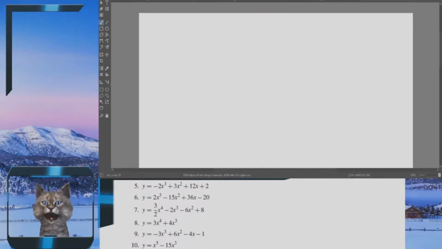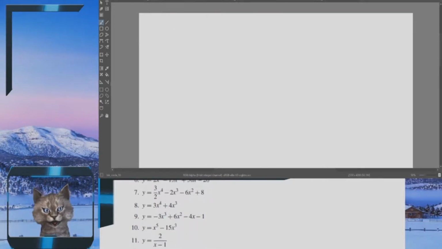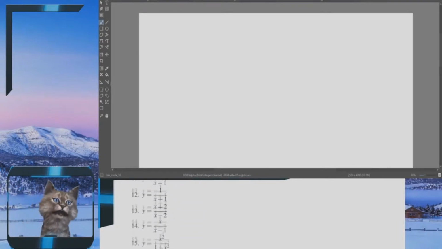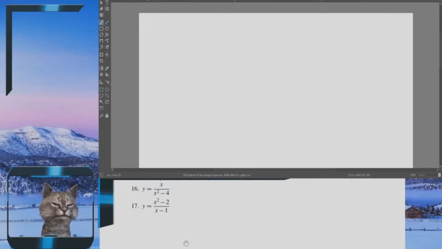Next up, we will look at a rational function. The one I want to look at is number 16. So let's see, what is 16? I'll call it f of x, x over x squared minus 4. So we see that it is a rational function,